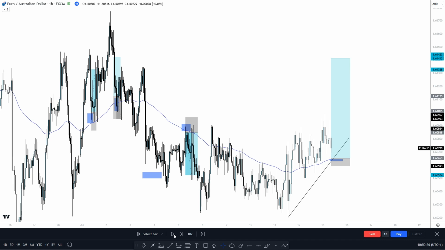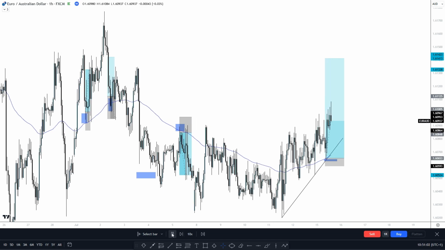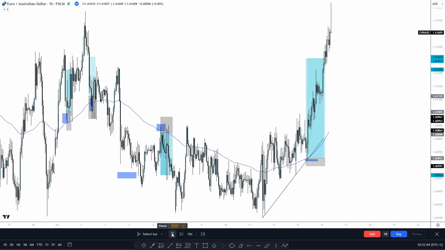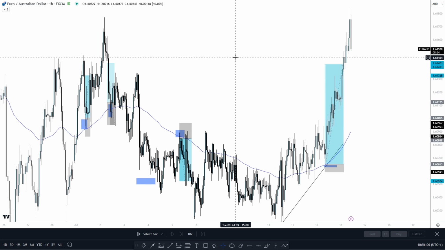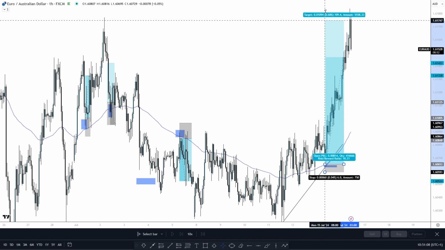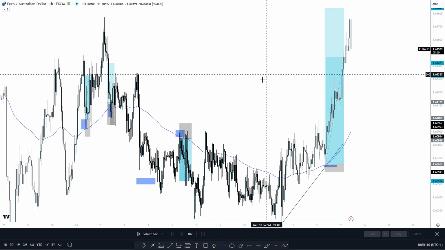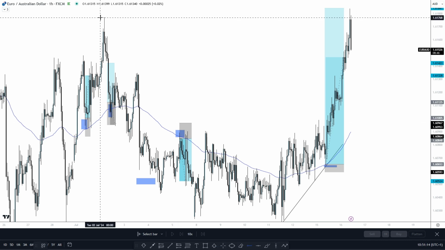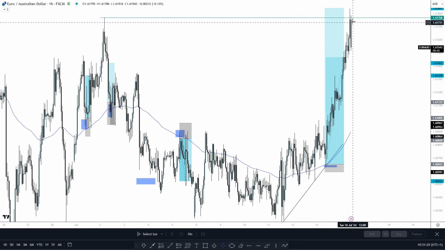But as you can see with this trade, it has continued to push up. There's not really been any fundamentals or anything along those lines. It has just continued to push up. So you can see now price is starting to pull back. Why is price starting to pull back? Price has come up and retested the high up at the 1.6180 area, and then you're seeing some form of